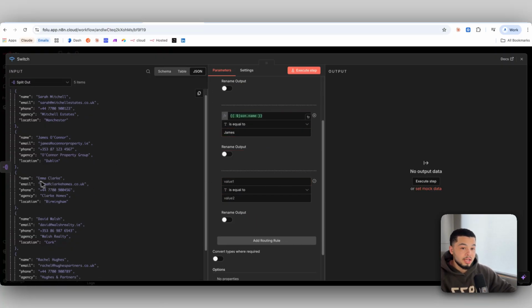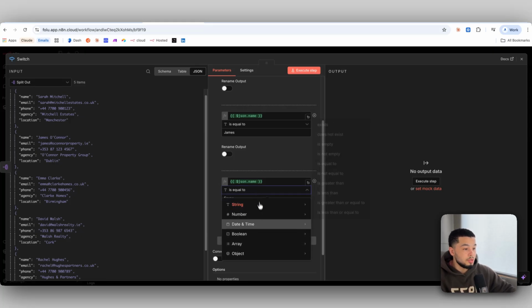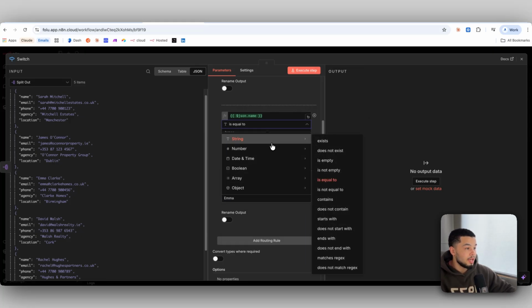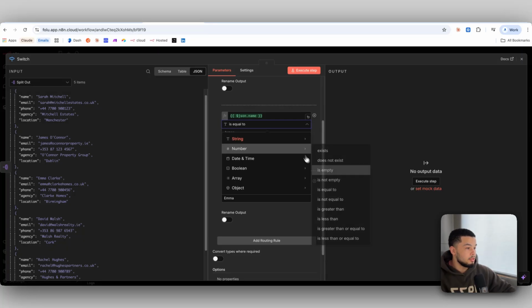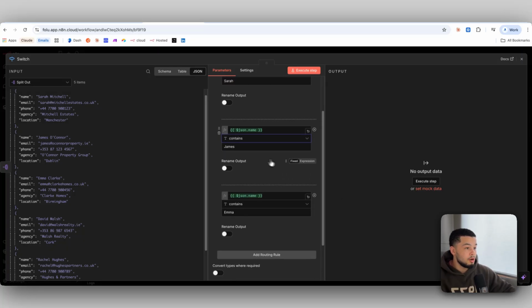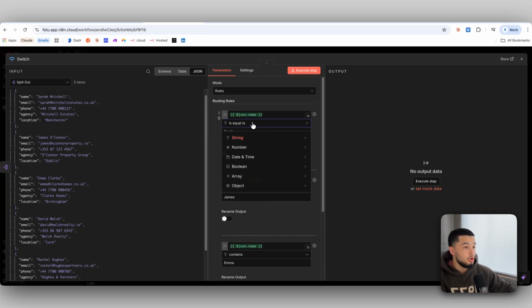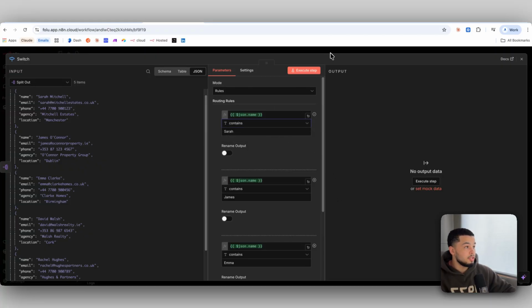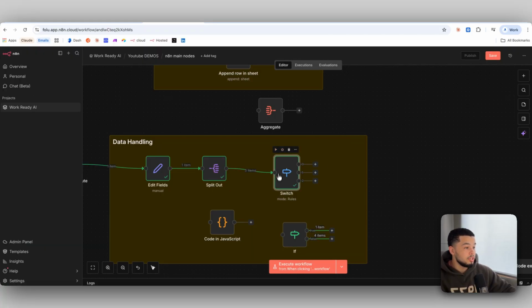So if we drag down all of these names, and if the name is equal to Emma, then choose this route. So we're going to change these actually to contains, so we don't have to type in the exact name. So we can, if the name contains Emma, or if the name contains James, or if this name contains Sarah, then choose these routes. Now, if we run this, you can see we get 3 items through here,